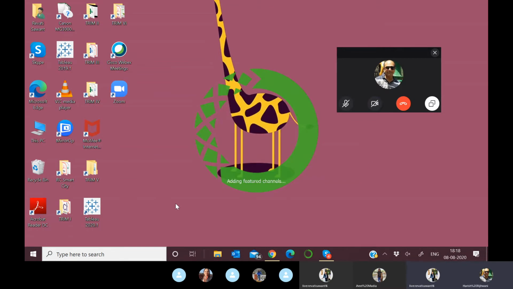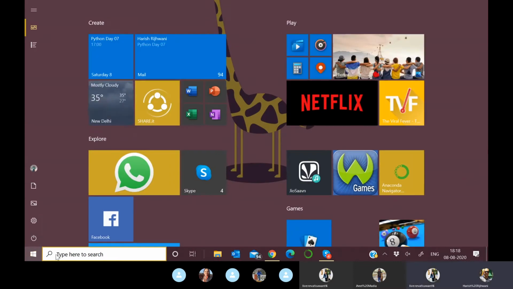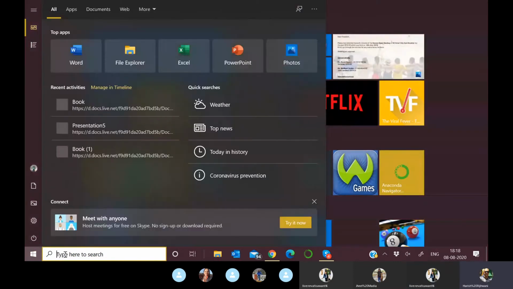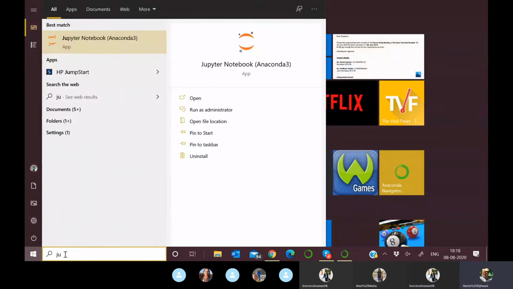So for Jupyter to work, this Anaconda Navigator has to be open, right? No. You can directly open Jupyter. But don't open it now, you just opened that. Okay.